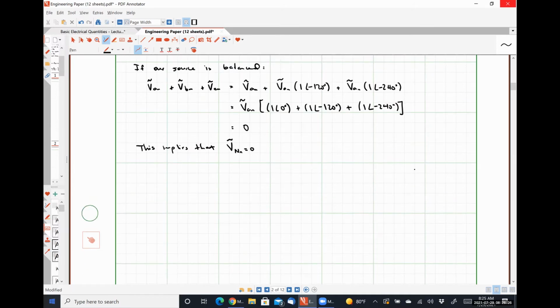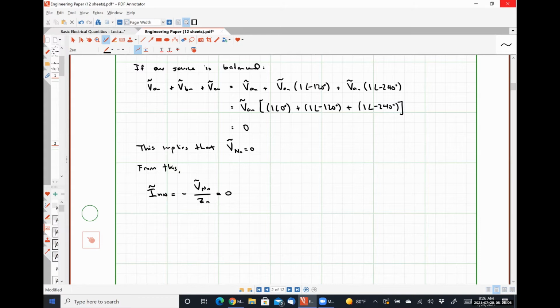So from this, we can see that our neutral conductor current, I_nN, which was negative V_Nn over Zn, must also be 0. So the current flowing through the neutral conductor will always be 0, regardless of what the impedance of the neutral